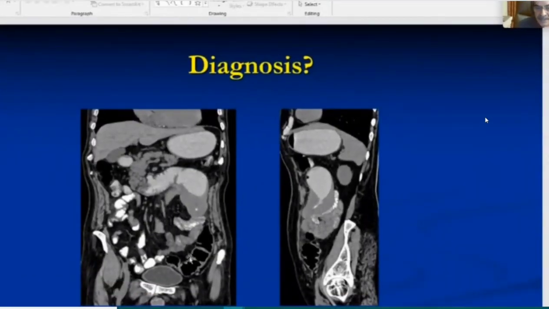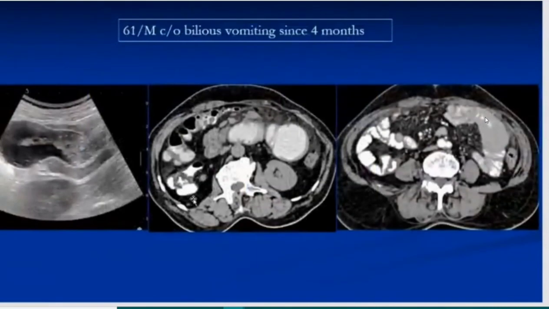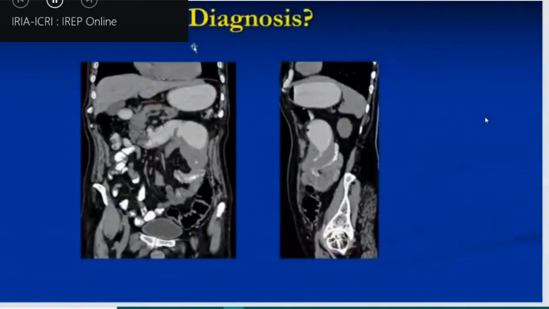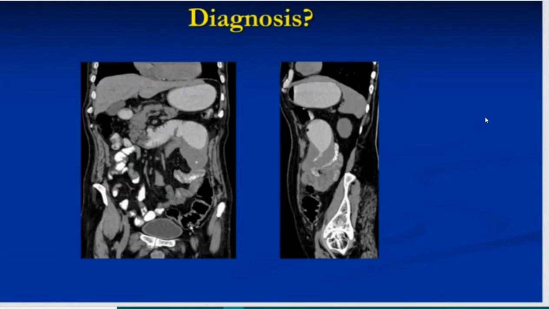There were a few lymph nodes, which I don't have images to show here. No, I do have images. There are some lymph nodes, some streakiness of the omentum around it, and very homogeneous, mass-like, asymmetric thickening of a loop of jejunum. Abhinava, do you want to take a guess at what the diagnosis is?